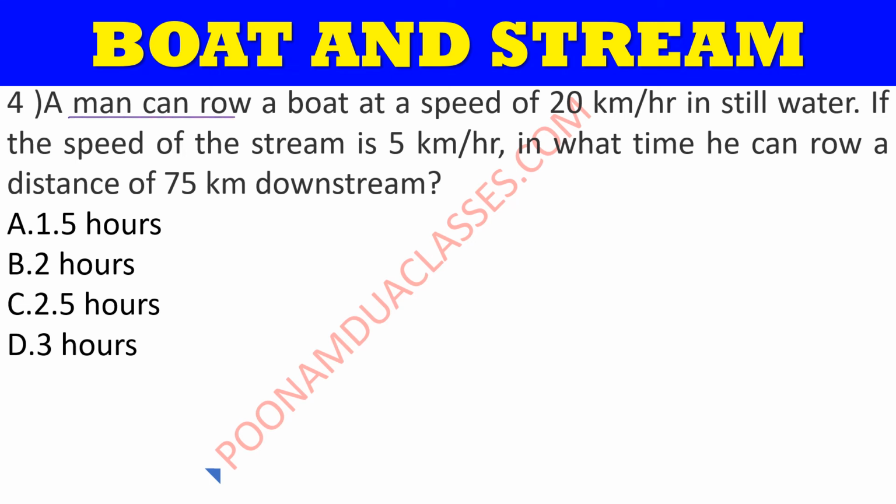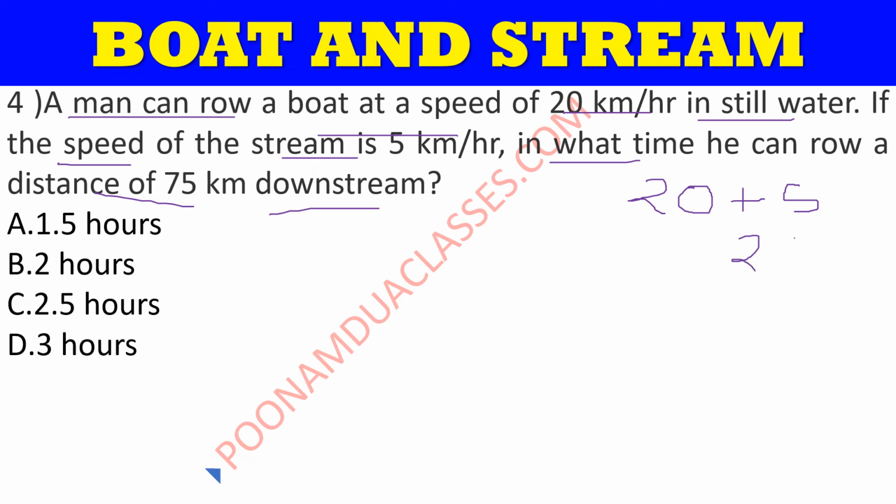Now this question, a man can row a boat at speed of 20 km per hour if the water is still. And if the speed of the stream is 5 km per hour, in what time he can row a distance of 75 km downstream? So the question here is कि 20 km तो उनकी स्पीड थी और 5 km हमारे स्ट्रीम की स्पीड थी, तो उनकी स्पीड हो गई 25. Any trouble in this? I hope not. तो हम देखेंगे कि बोट की स्पीड डाउनस्ट्रीम में है क्या. तो डाउनस्ट्रीम में बोट की स्पीड हो गई 25 एंड ही इज सपोज टू गो 75 किलोमीटर। 75 किलोमीटर का डिस्टेंस उन्हें ट्रेवल करना है।